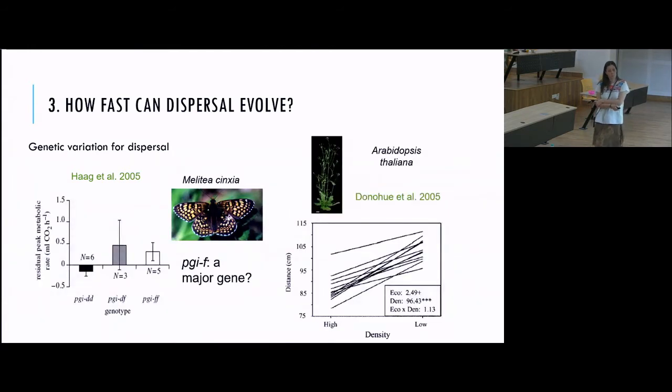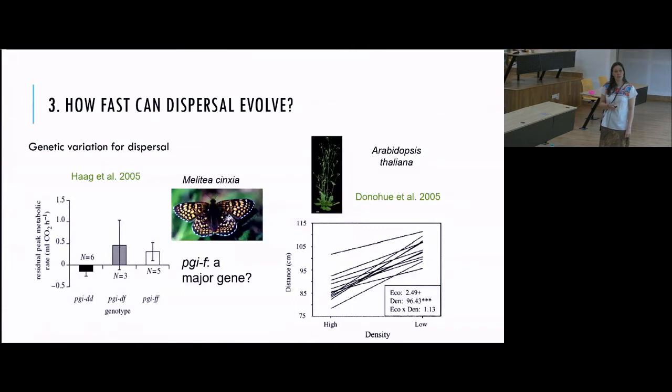Okay. There's also one example that became very famous. It's an example of a major gene in a butterfly, Melitaea cinxia, which is well known because it's a butterfly that Ilkka Hanski studied in a very famous metapopulation in Finland for years and years, essentially doing ecology at the beginning, but they became interested in the evolution of dispersal in this system, and they found variation in a single gene called PGI,